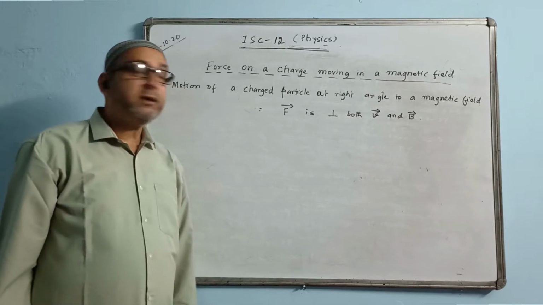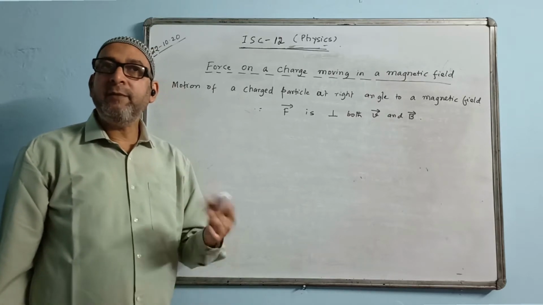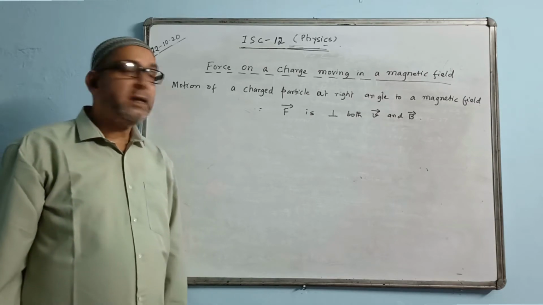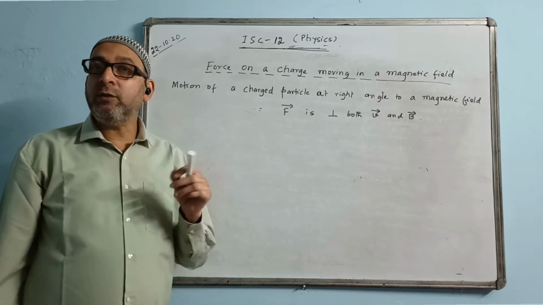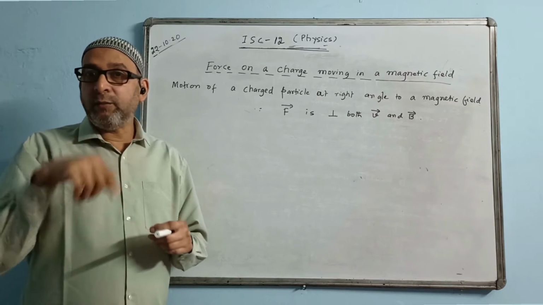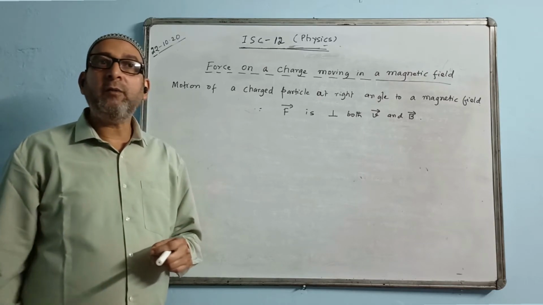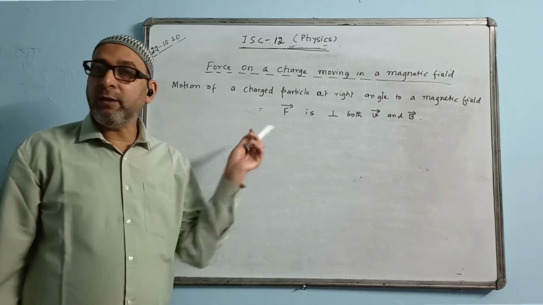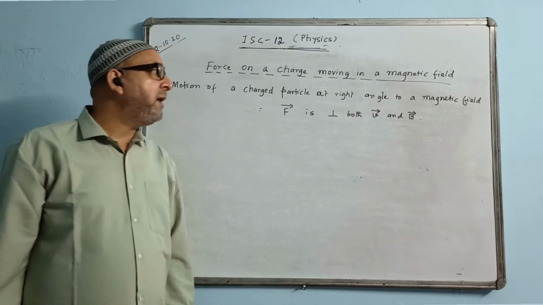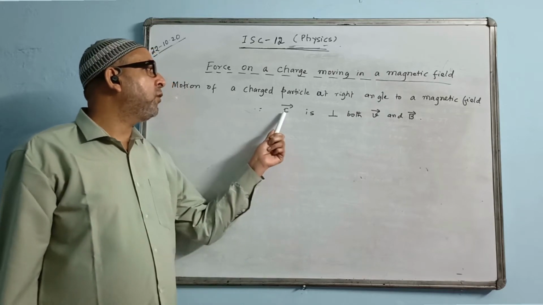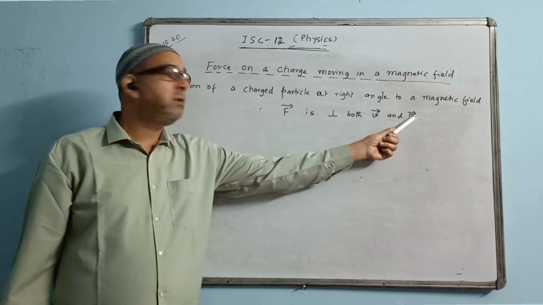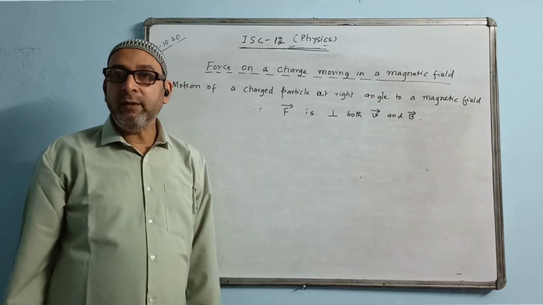Why will it acquire a circular path? It will definitely experience the maximum magnetic force, and the path will become a circle. The locus means what kind of figure is formed by the moving particle. What type of figure is formed? That is called locus. The figure formed will be a circle in this case. Why will it acquire a circular path? Because force is perpendicular to both velocity and also perpendicular to the magnetic field.